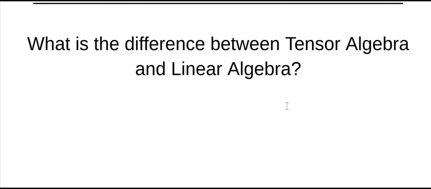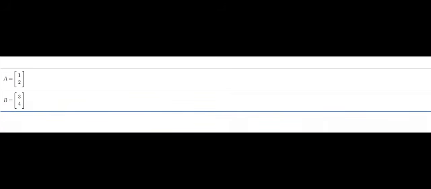So what we're going to look at is the dot product and compare linear algebra and tensor algebra. What I've got here is two column vectors the way they would write them in linear algebra. So they would say the vector A is 1, 2, and the vector B is 3, 4. Now I want to take the dot product of those, right? So I'm going to say A times B,